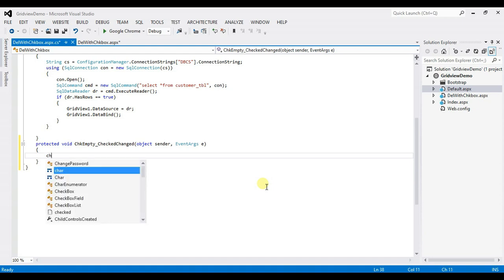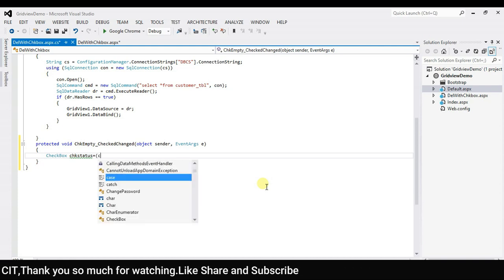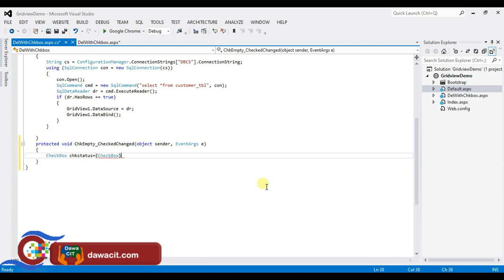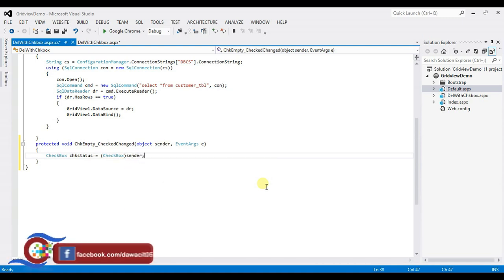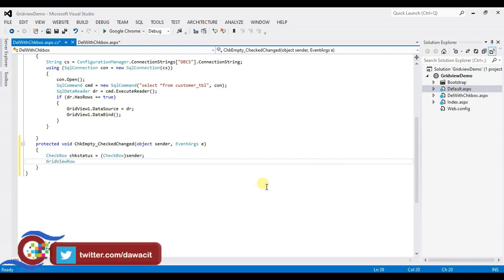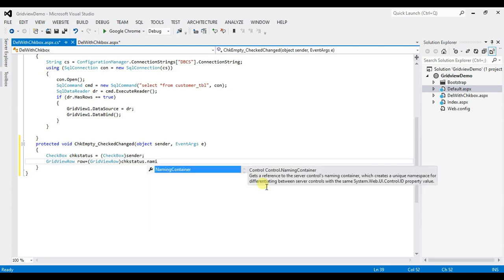Type here CheckBox, and the variable name I will type here chkStatus equal to (CheckBox)sender; GridViewRow row equal to (GridViewRow)chkStatus.NamingContainer;